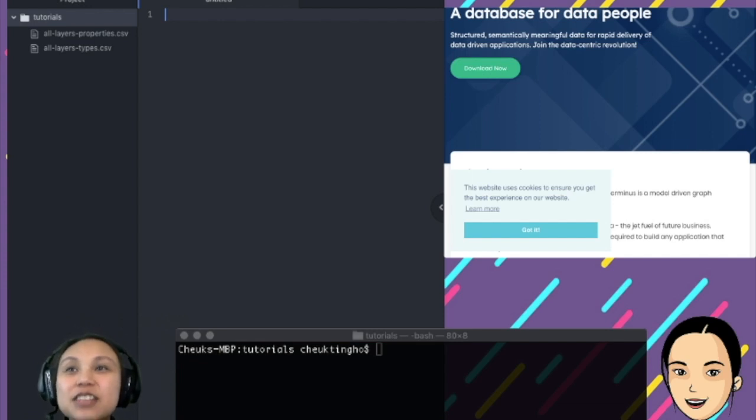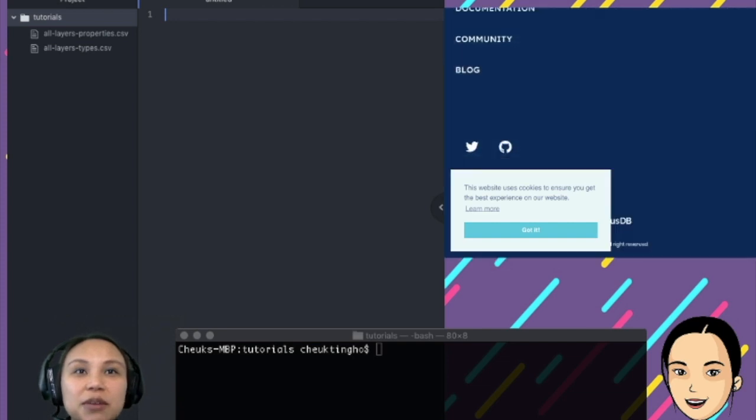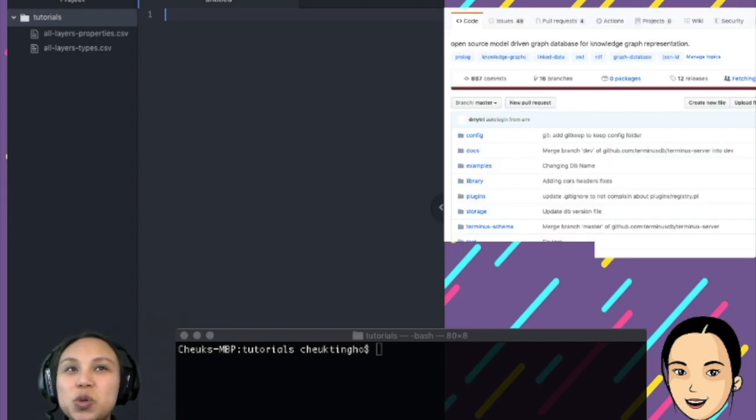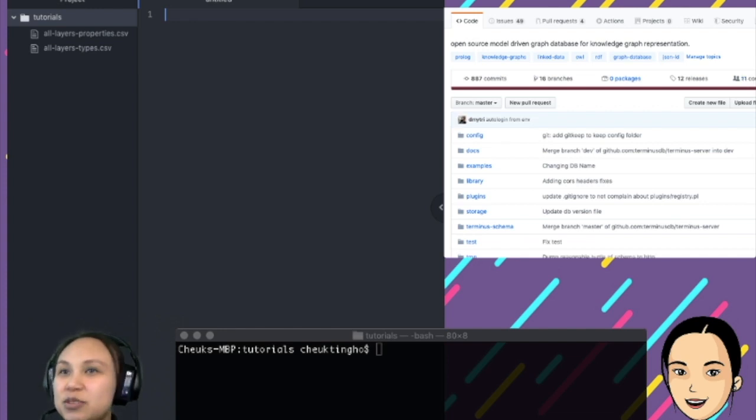I think the easiest way is to get a Docker image. So let's go to our GitHub. Actually, we have a little menu here that quickly takes us to our GitHub. If you are using Mac, like me, or if you are a Linux user, you're probably already familiar with Docker.